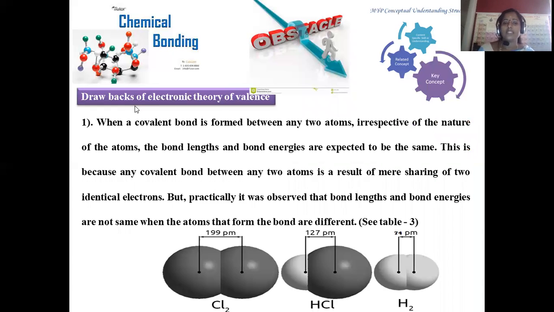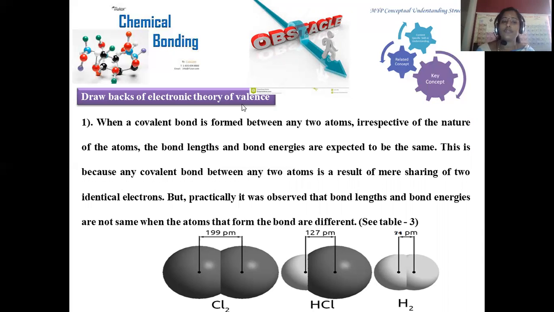Now, let us see what the obstacles or drawbacks of the electronic theory of valency are. Till now we enjoyed all the fruits provided by the electronic theory of valency. Valency is nothing but the capability of individual atoms to form bonds. In other terms, it is the number of electrons an atom is able to lose or gain. The valency of an individual element gives all kinds of chemical properties of the element and a suitable position in the modern periodic table.